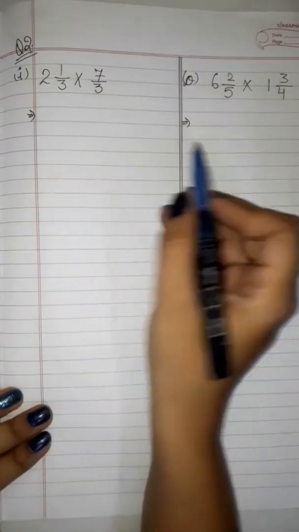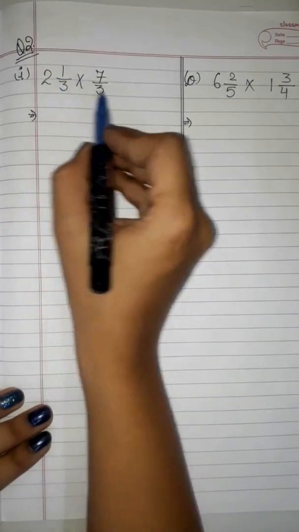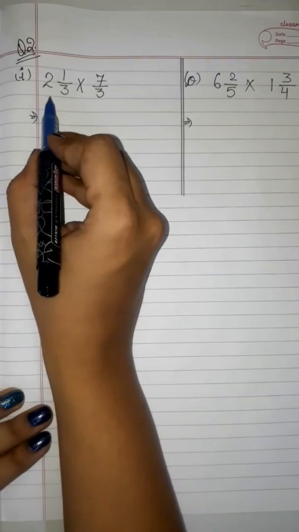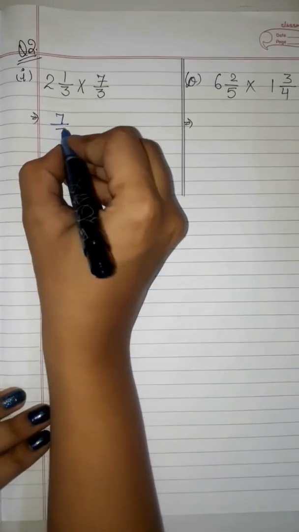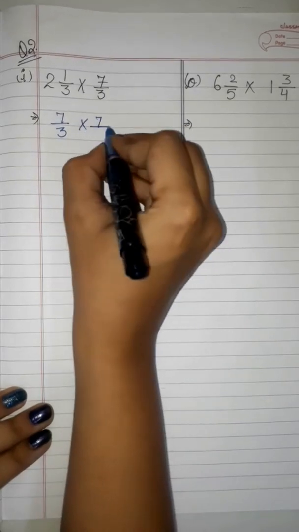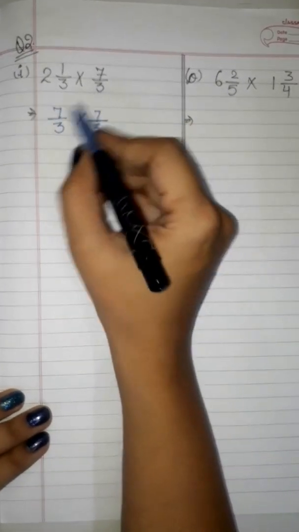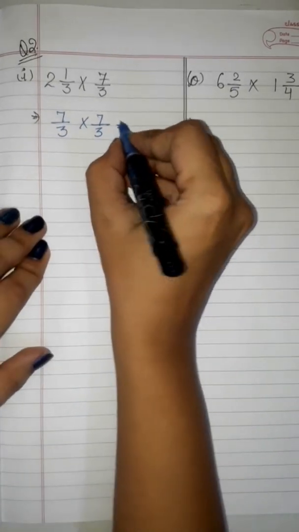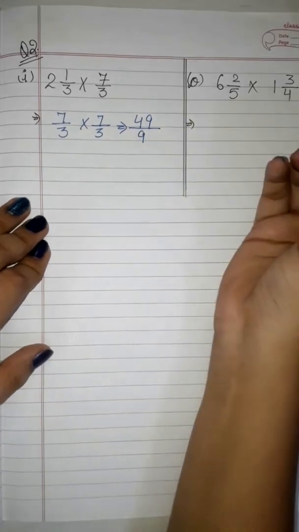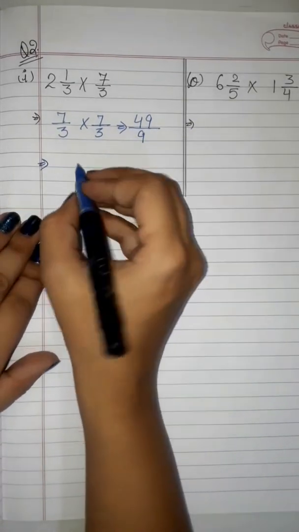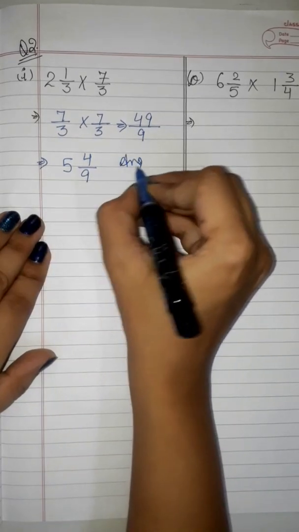Now let's see two more parts of question number 2. In this it is one mixed fraction and one improper fraction. To change this mixed into improper fraction, you will get 7 by 3 into 7 by 3. Children, see, don't cut them, 7 7 1 1. They are not getting divided. They are getting multiplied. 7 7s is 49 and 3 3s are 9. Now write it into mixed fraction. 5 whole 4 by 9. So this is the answer.